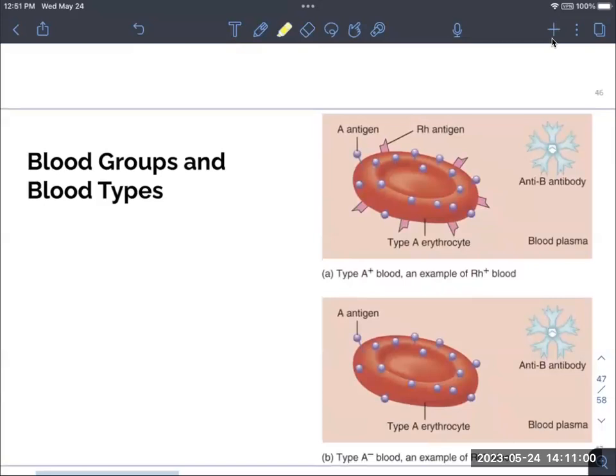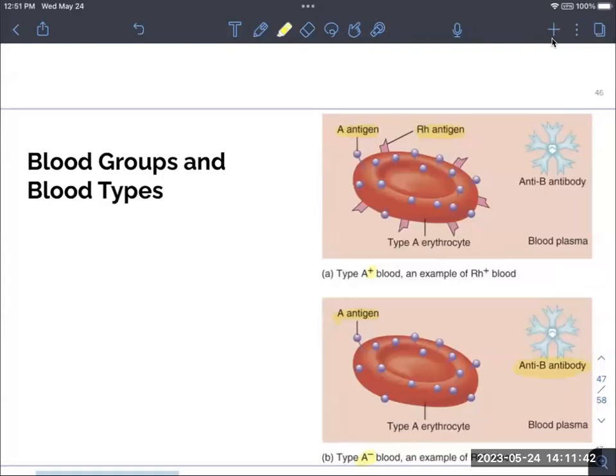So somebody who is type A positive, they're going to have these A antigens on their red blood cells. They're also going to have that Rh antigen because they're positive for it. Somebody who is A negative only has those A antigens. People who have an A antigen in their blood, they have an anti-B antibody,